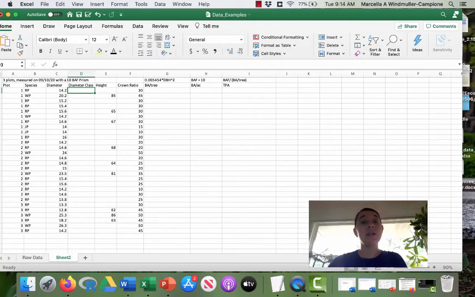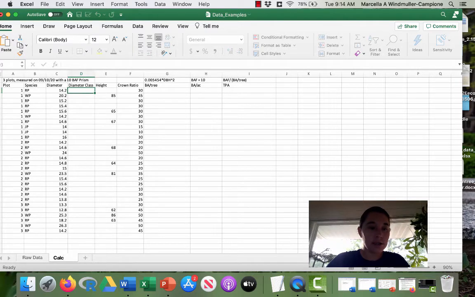Hi all, we're going to start working with our clean data. This is the exact same data that we had in the last sheet, the raw data sheet. Now we've got it ready and set, and I've done a little bit of prep work to get us moving. Now we're going to do the forestry measurement and the forestry analysis. We took our data in the field, and now we need to do some calculations. So we'll label this sheet calculations, calcs,